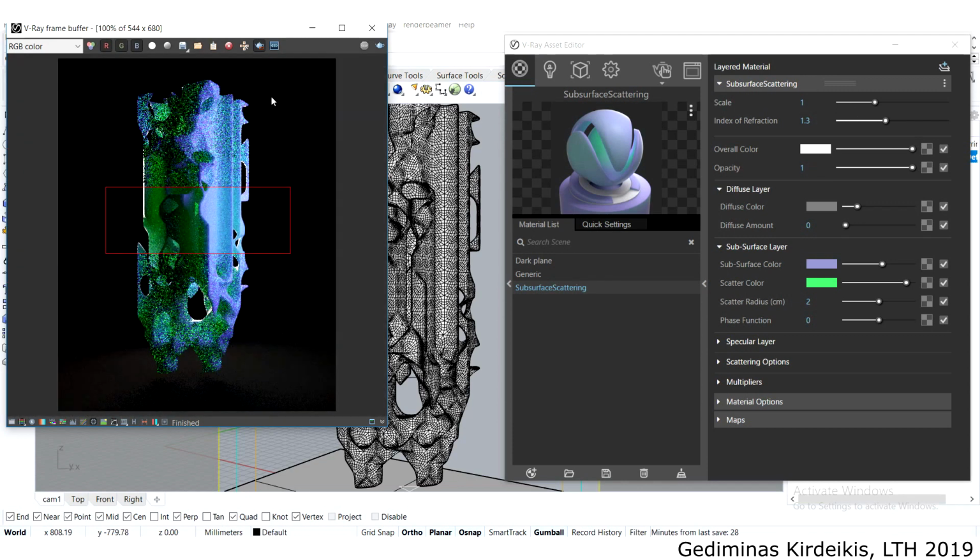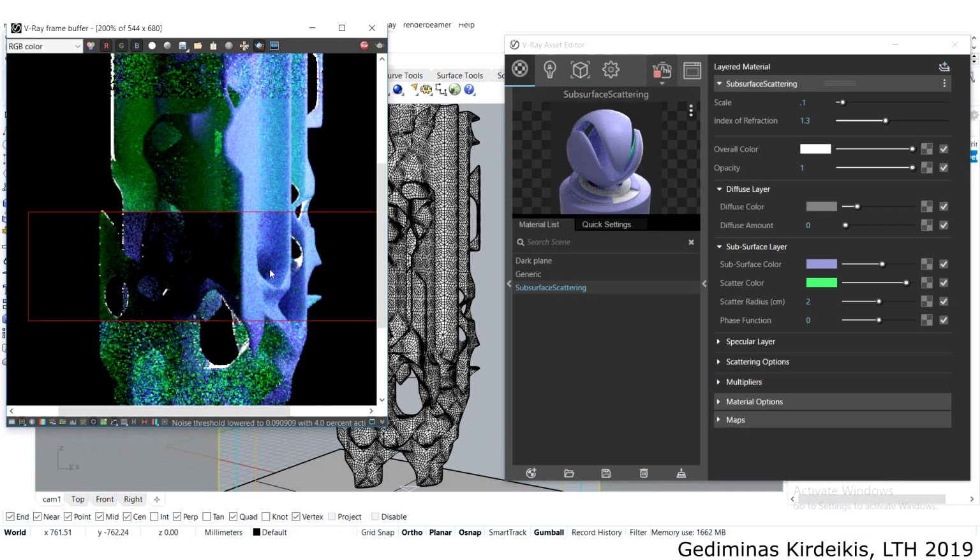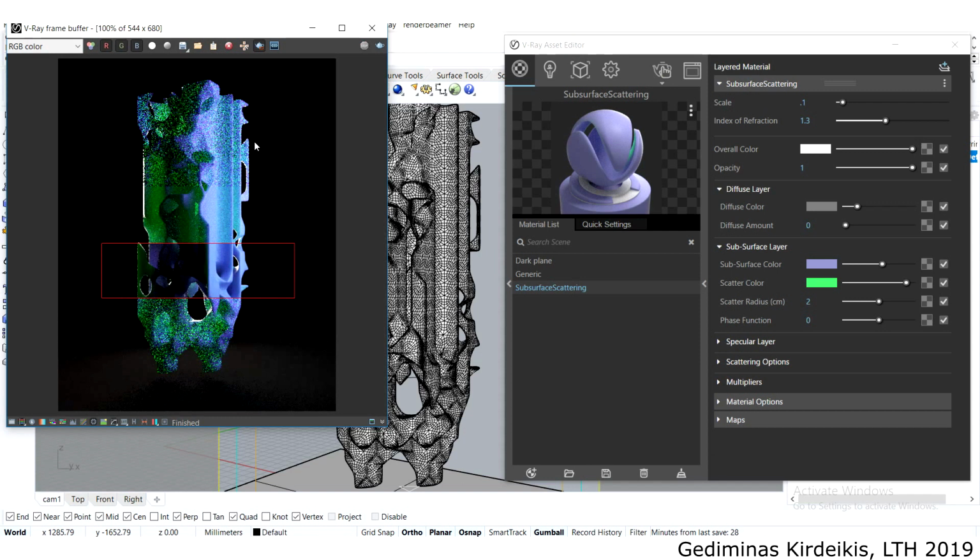If I were to change the scale, and let me render out this portion right here. If I were to change the scale to something like 0.5 or 0.1, let's go for 0.1 and render it again. You can see how drastic of an effect it is to the way the material behaves and lets the light through. If I were to change the scale to be 10 and render this one out,